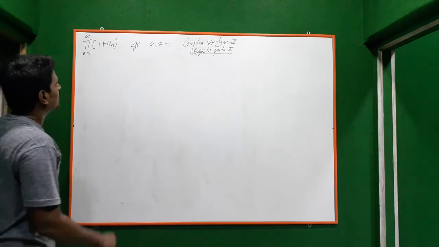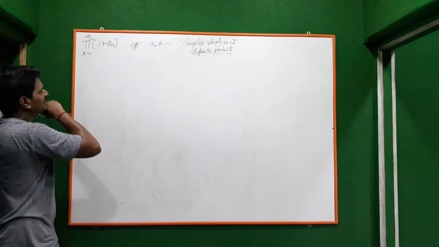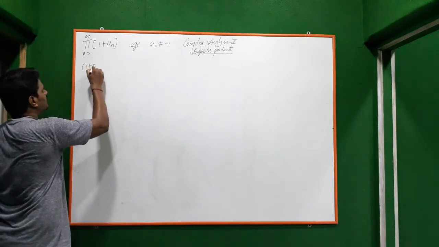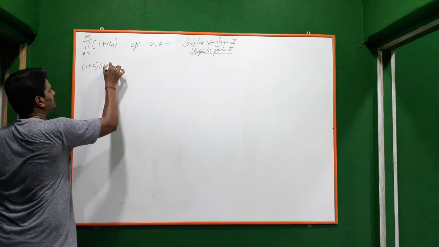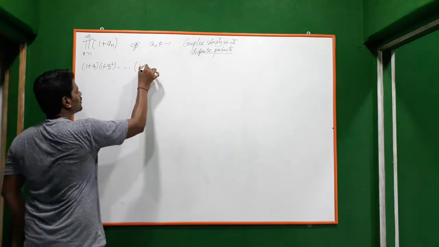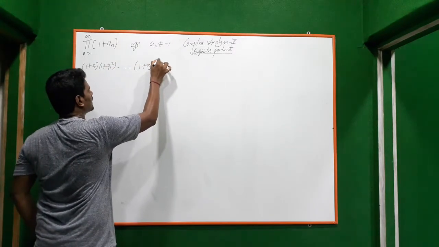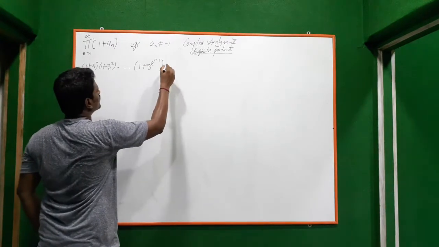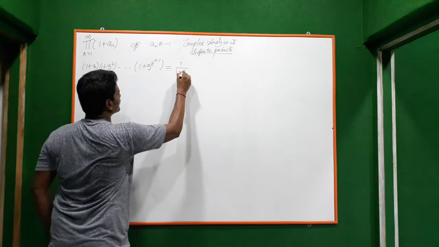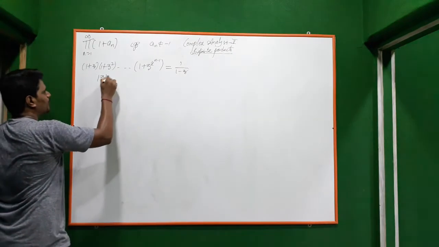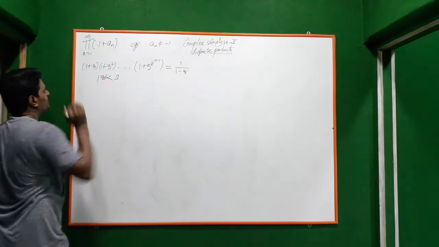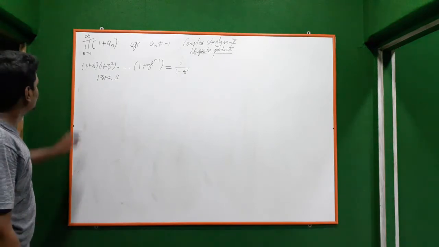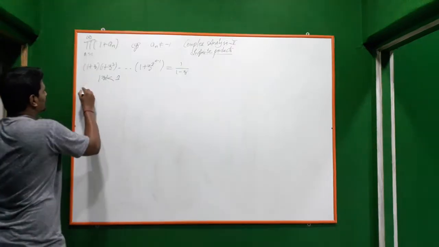Okay, fine. So now we have given a problem for this, which is (1 plus z)(1 plus z square), and so on up to 1 plus z power 2 power n minus 1, which is equal to 1 by 1 minus z whenever mod z is less than 1. I have told you to prove this. I think you have done this, and there is another thing with 3 powers,